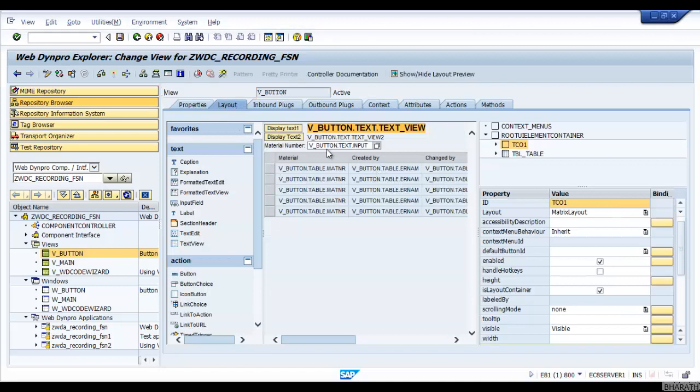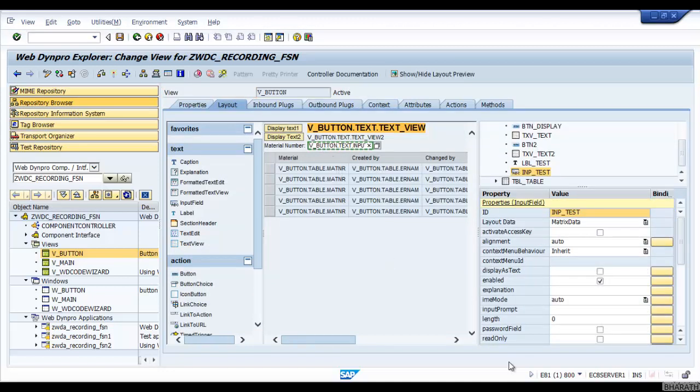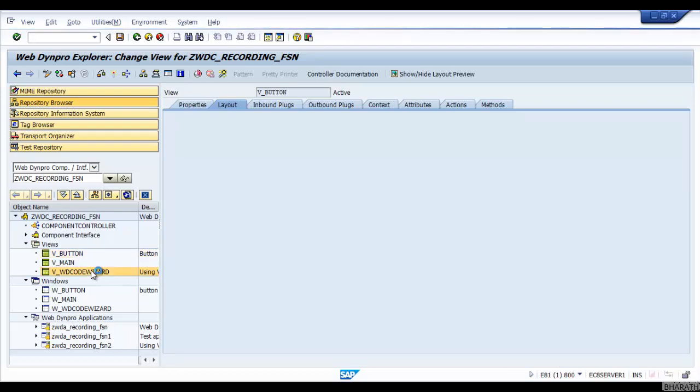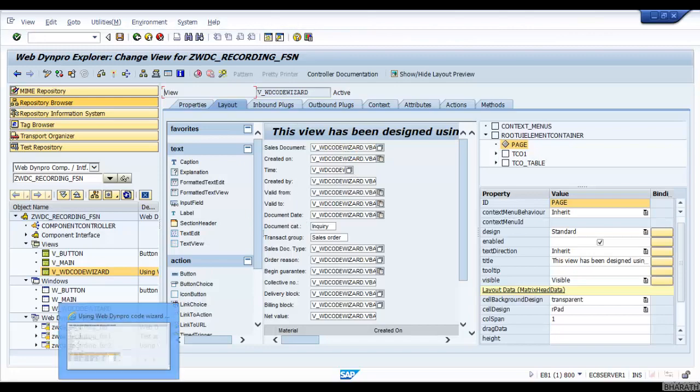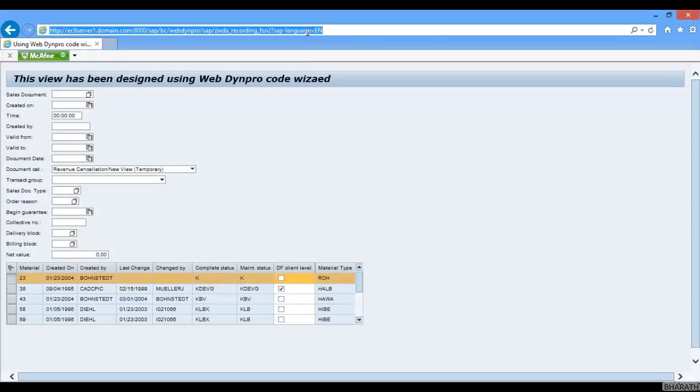Let me go to the WebDynpro code wizard view itself. Let me execute the WebDynpro application. See, there is no data displayed in these input fields. Now what is the purpose of supply function?